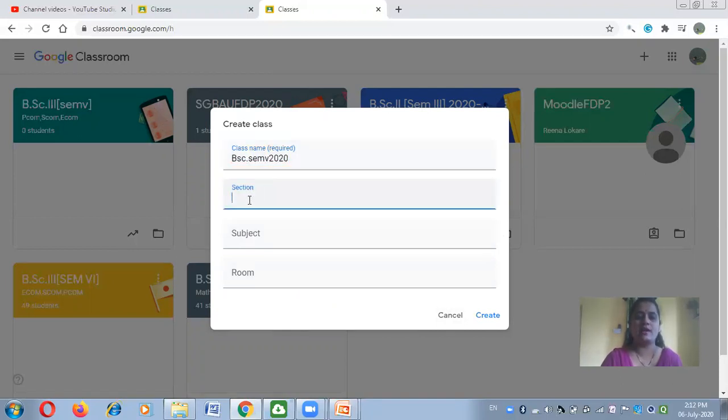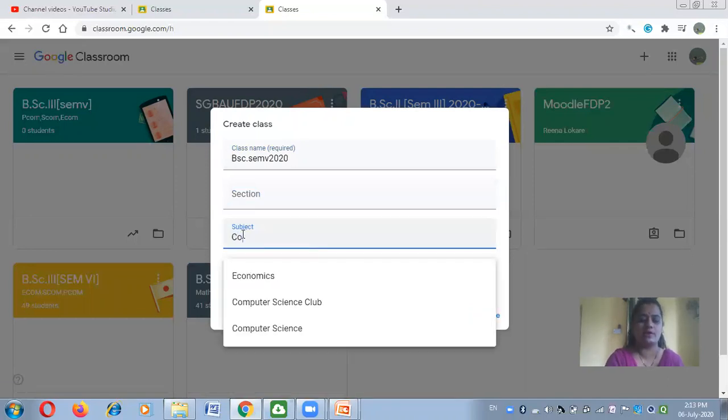The section field is not compulsory. If you want to specify students belonging to different sections, like from PCOM or from electronics group or from life science, you can add a section here, otherwise it is not necessary.